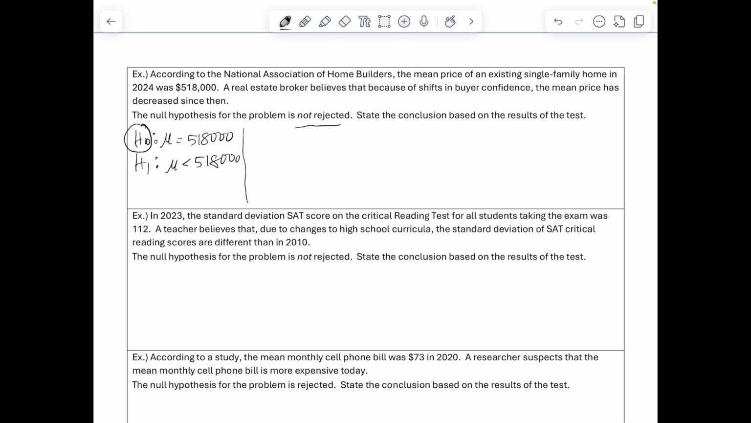Since it's not rejected, that means that this one right here that we were assuming true is what we are actually going to go with. And that means that the thing that we were testing, which was that the mean has decreased from 518,000, was rejected. So there is not sufficient evidence to conclude